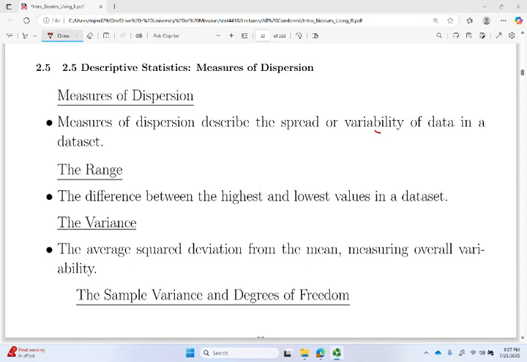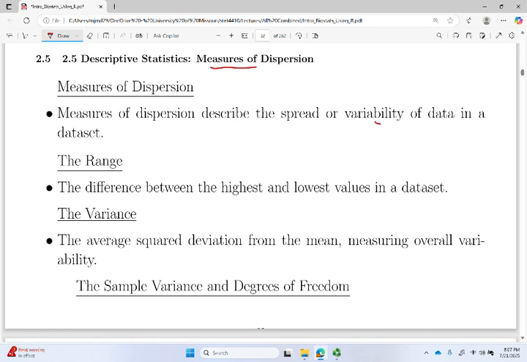This is the next video in a playlist that I'm calling Introduction to Biostatistics using R. We're in Chapter 2, Descriptive Statistics, Part 5, and we're looking at measures of dispersion. Measures of dispersion essentially tell us how spread out the data are, or the variability in our data, and there's